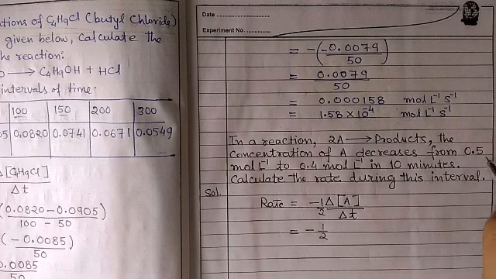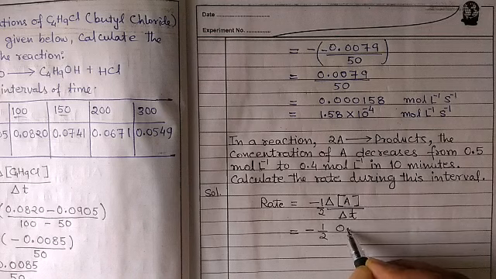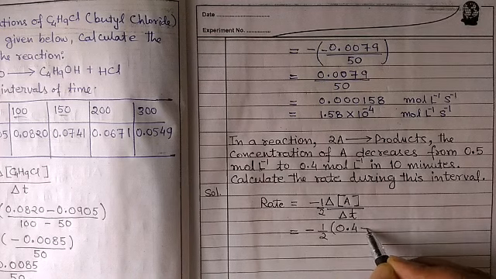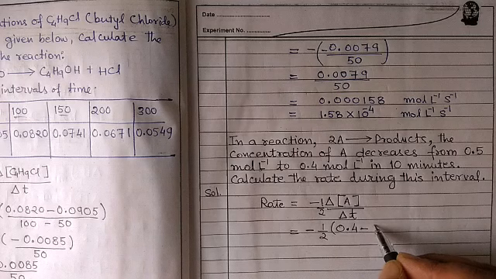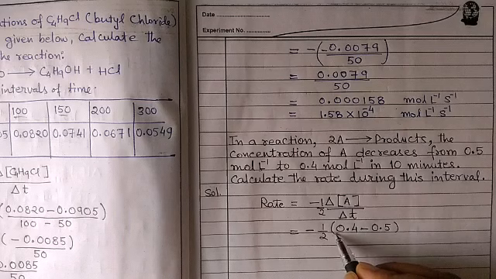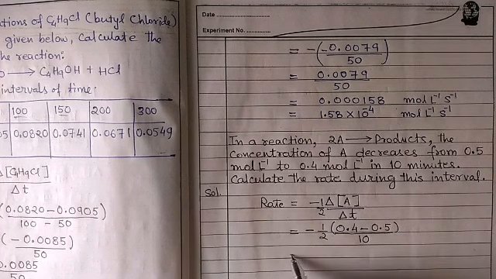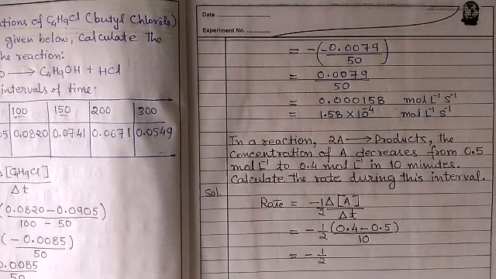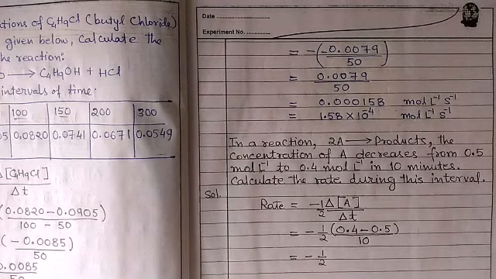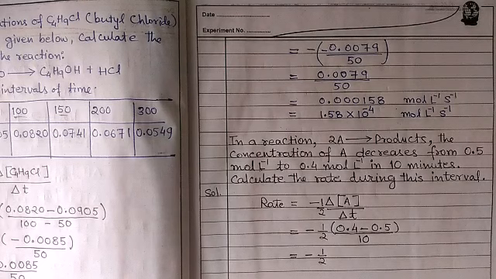This will be placed first because this is final, and subtracting it by initial concentration 0.5, and then it took 10 minutes, so let's write 10. This is the simple way it is to be written, and then we have minus 1 by 2 and subtract 0.4 and 0.5, which comes out to be